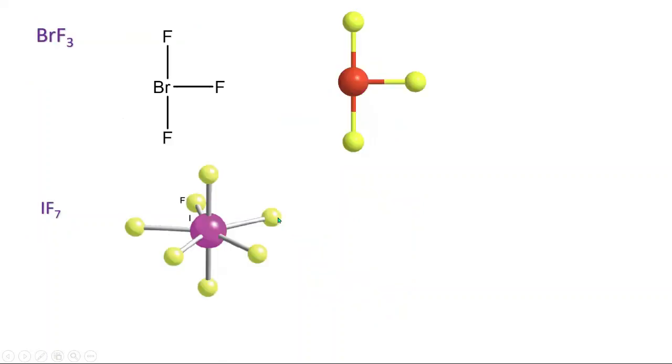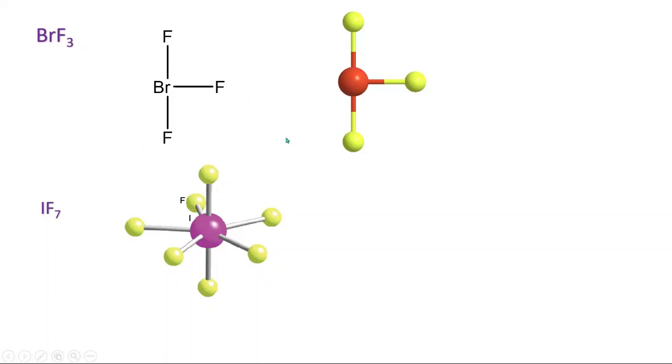Now come to the next molecule, that is BrF3. We know that fluorine is NMR active and Br is not NMR active. You can see BrF3, the shape is T-shape. Now if you misunderstand that there are 3 fluorines, so we will get a singlet, that will not be the answer, because these 2 fluorines are in a different environment than this one. So these 2 are equivalent and this is not equivalent to those 2 fluorines. So for the 2 fluorines we will get 1 signal, and for the 1 fluorine we will get another signal.